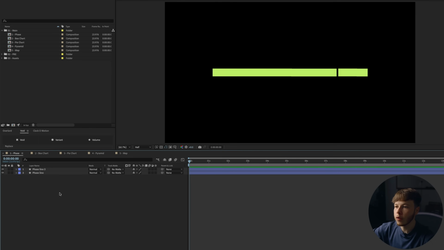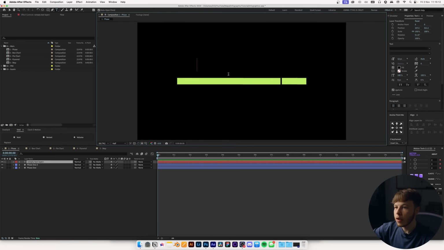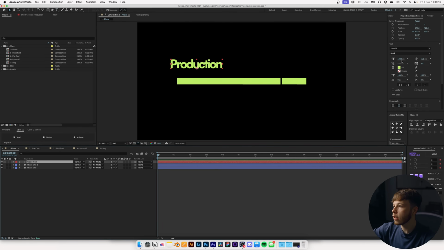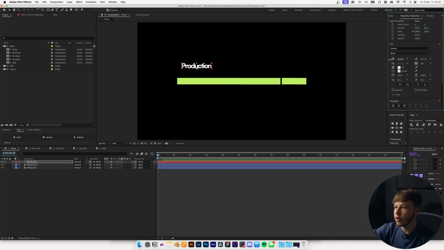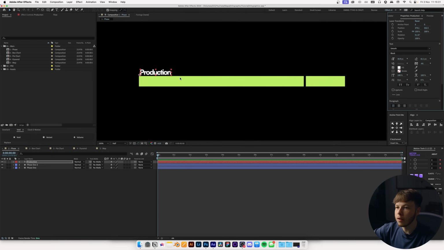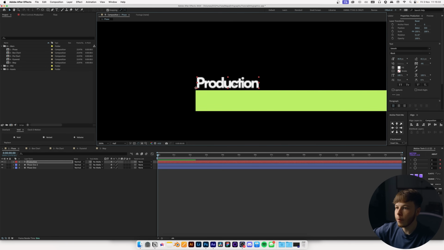We can hit U to close up all those parameters because we're not going to be using them at this point in time. Now we can add some text. Let's do production. In this case, I am just going to be sticking with this Satoshi font, and I'm just going to change it to an off-white color. So scale that down, and I want to left align it. I want to place it over here, just lining it up with the edge of my little bar,